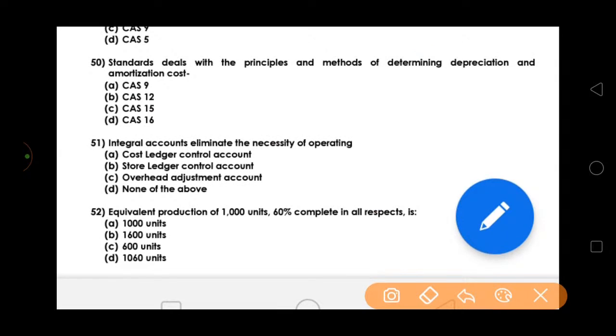Integral accounts eliminate the necessity of the cost ledger control account. So next,